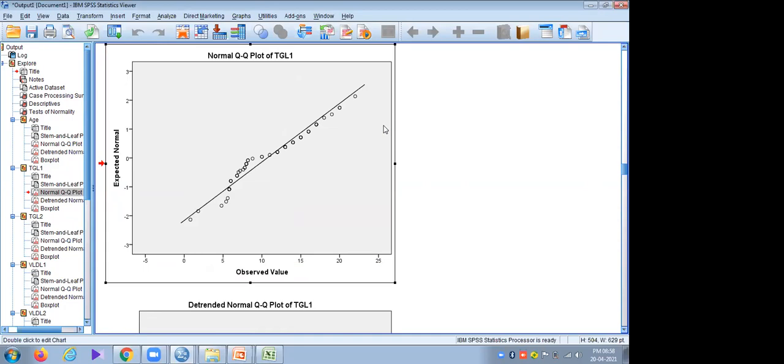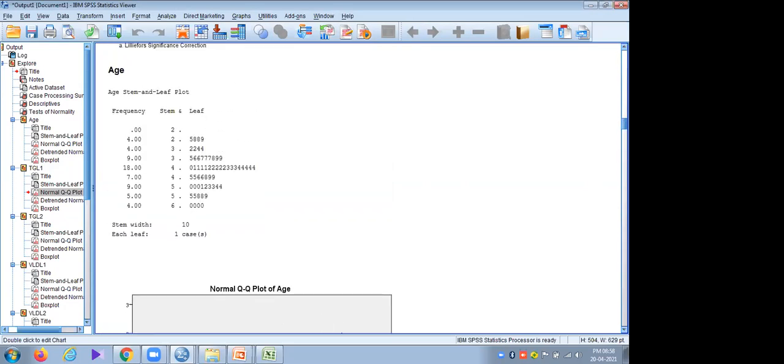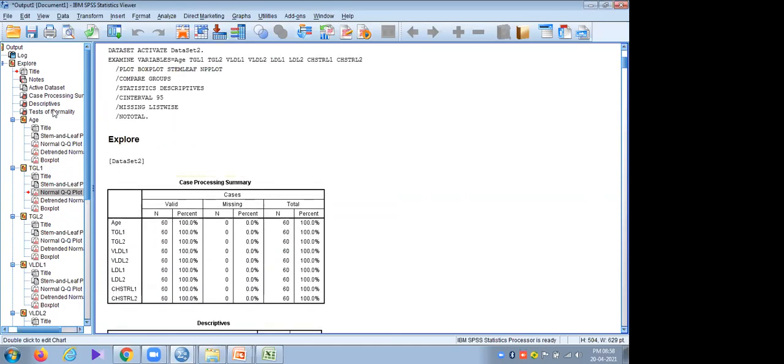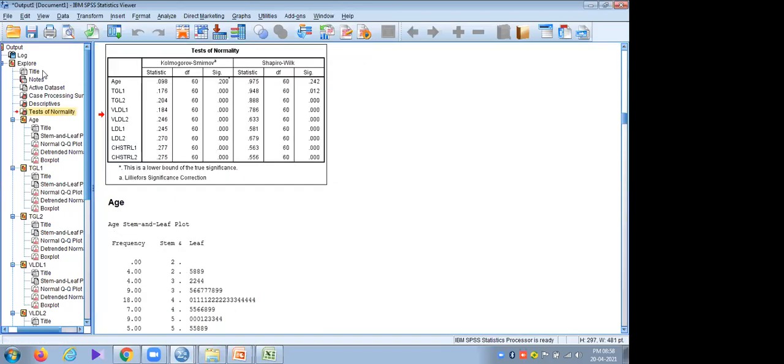And we need to check whether it is parametric, according to the size of the data, we are checking the outcome of the Shapiro-Wilk and Kolmogorov-Smirnov tests. So for that, we can choose this test of normality option here.